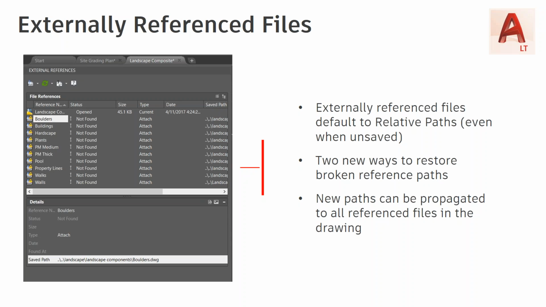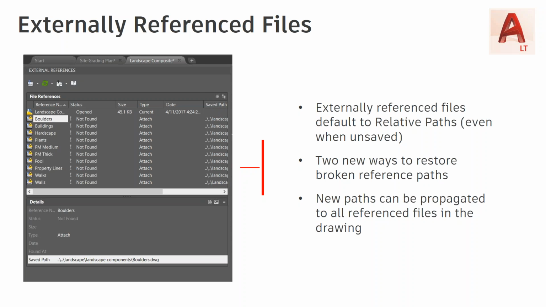There are also situations where you may break the path of multiple references at once, such as if you rename or move an entire folder that's the source folder for your drawing. When this happens, you'll notice that all your references break. So in AutoCAD 2018, we introduced two new ways to help you fix broken references. When external references are broken, you can go into the X reference palette to select a new path for that broken reference,